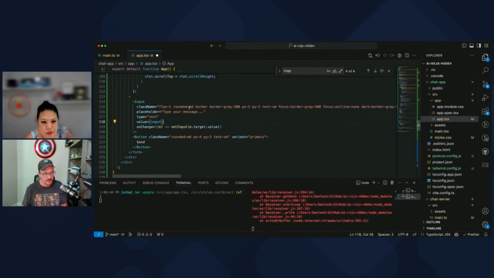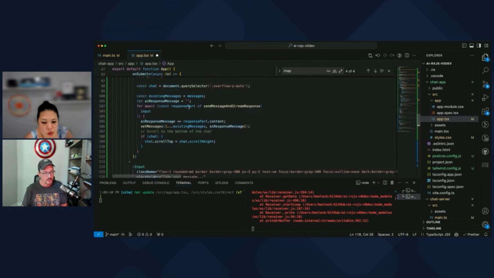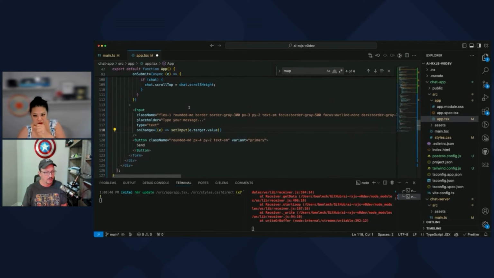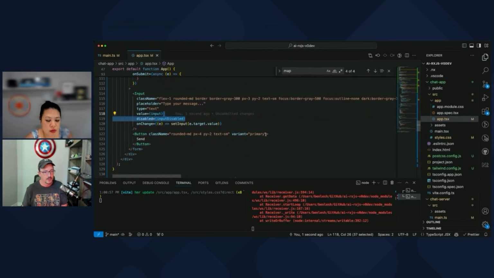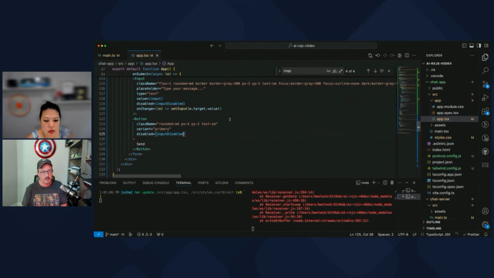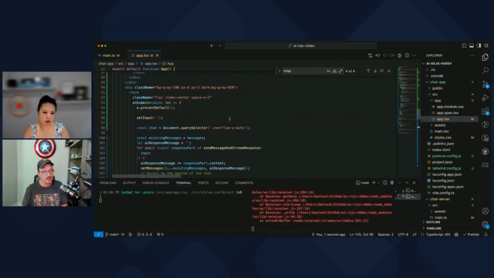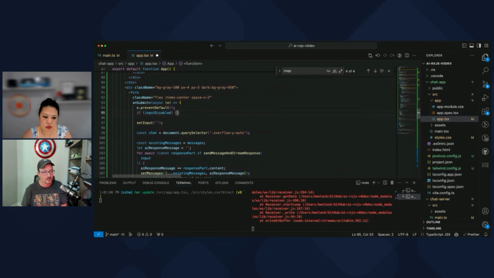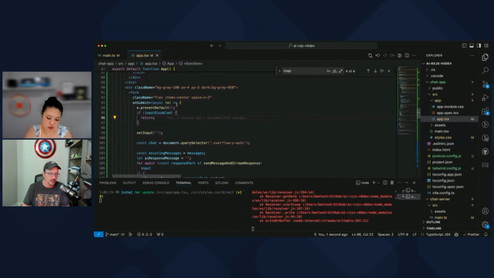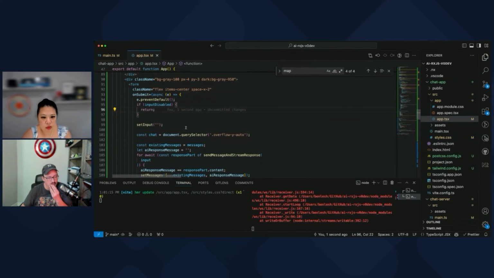We'll disable it. Yeah, we will disable it there. And we'll also disable this. And we'll also check up here where we just say return it. So make sure we don't do anything else if the input's disabled.